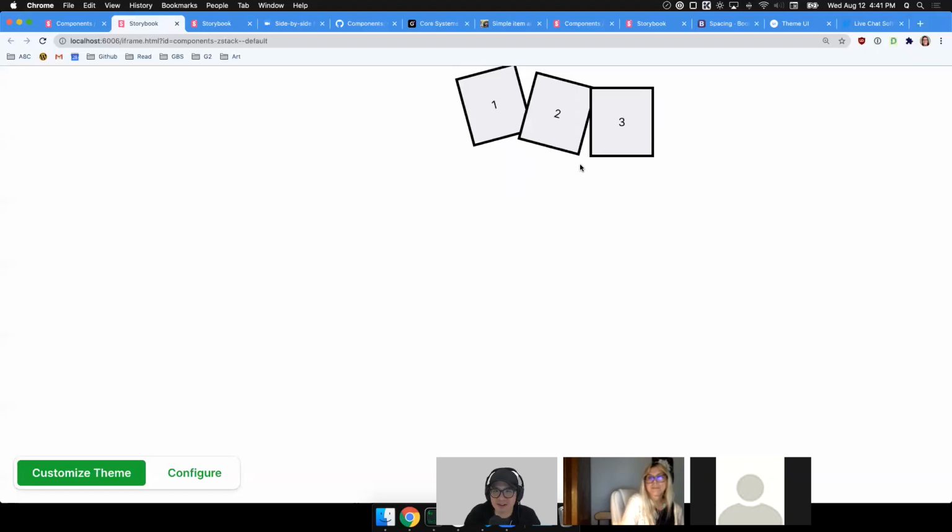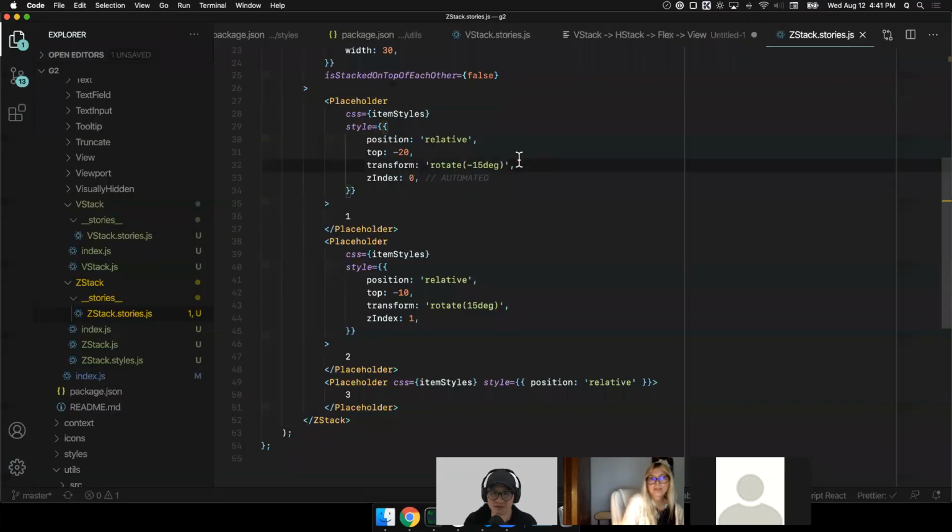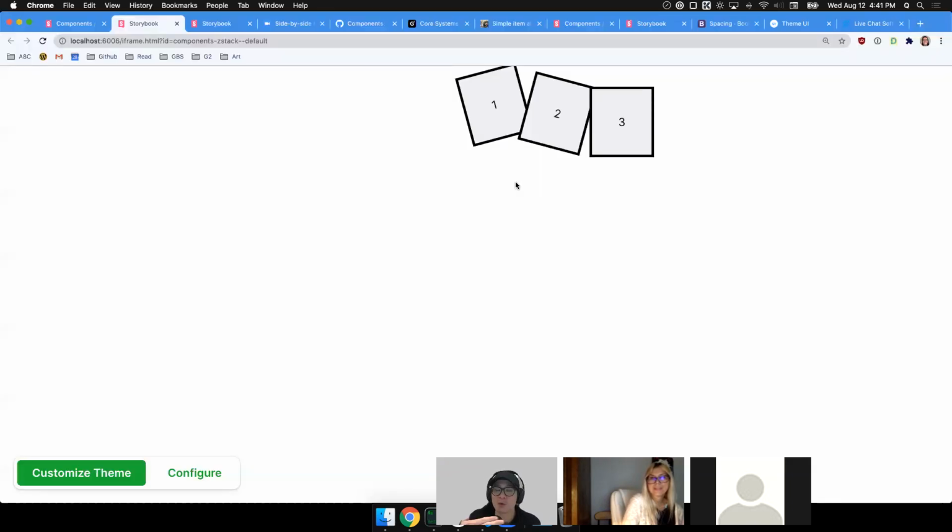Now here's another thing that's interesting. When things were stacking on top of each other, right, 1, 2, and 3, it's fine that the last one is the most on topest thing. I'm running out of words to describe the things I'm trying to build. It's the most on topest, right? But when things are fanned out in this fashion, 1, 2, and 3, maybe this is okay. But if I were to try to recreate the stacking avatars, I kind of want 1 to be the highest